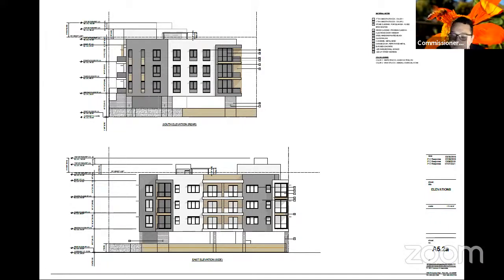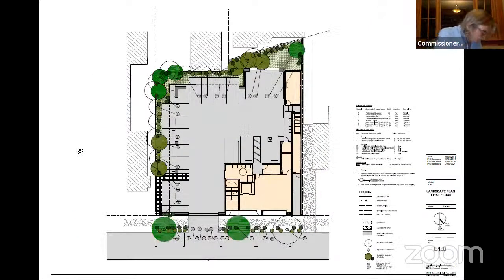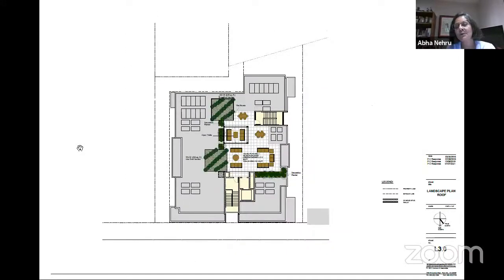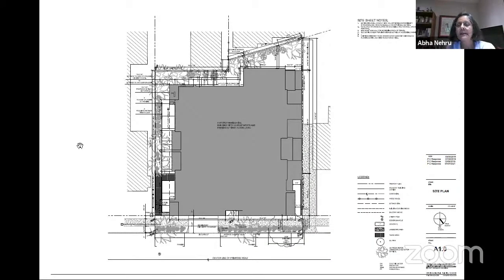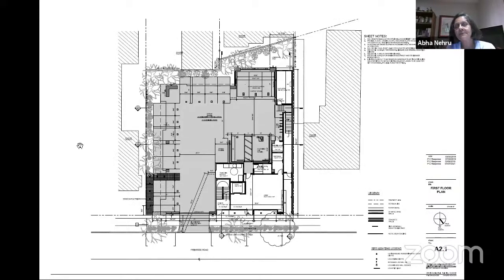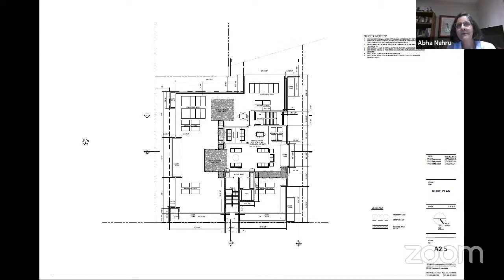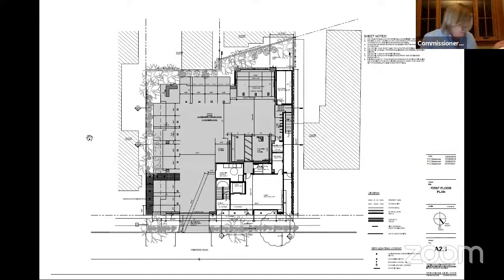I'm looking at the first floor plan, and I don't see a dimension of how far you are from the property line on the left. Is that 5 feet? 5 feet is on the first floor just for the parking. There is no wall, there are columns at the corners. And for the floors above, the setback varies from 13 to 16 feet. Okay.